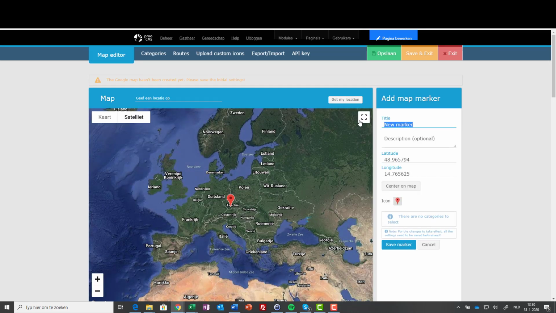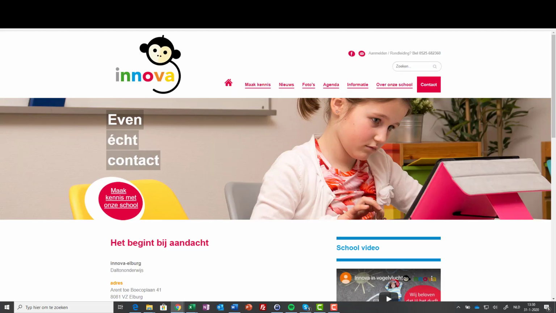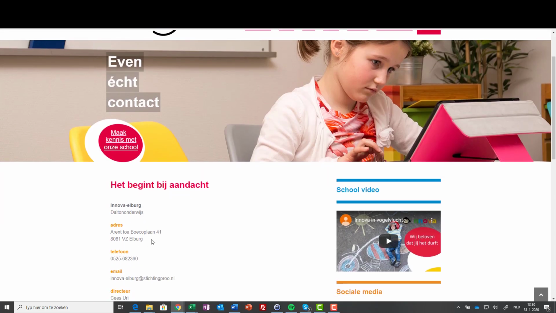Since this is a live site, I'm not going to use English, but the Dutch term for location is locatie. And now in order to get the marker to the correct spot, I need to have the latitude and longitude. Now most people are used to using addresses instead of coordinates, so I'm just going to copy this address in the Netherlands